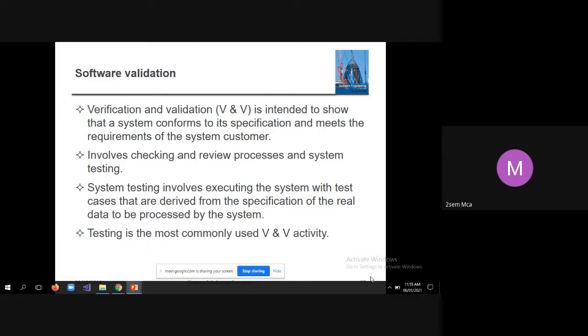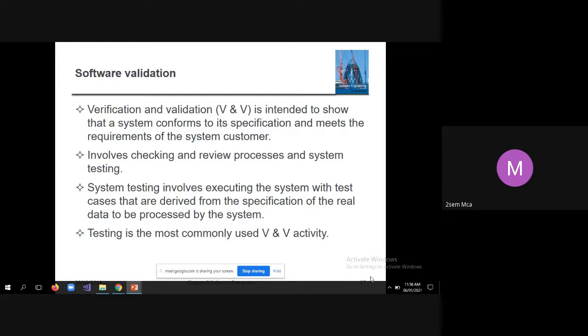Similarly, in the source code, we compare our source code with the design as well as with the requirements document. There will be something called a matrix. On the x-axis you put the requirements, that means the requirement ID. On the y-axis you put the name of the functionality you have developed.